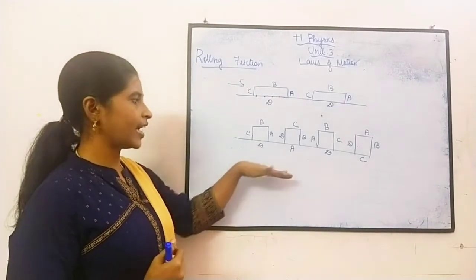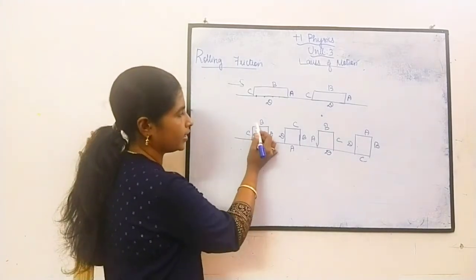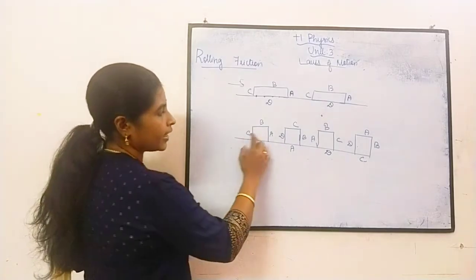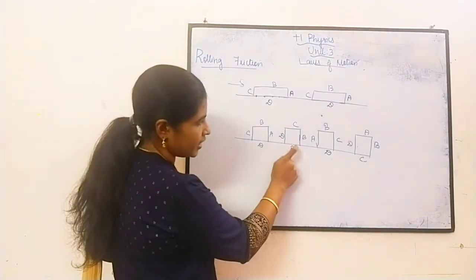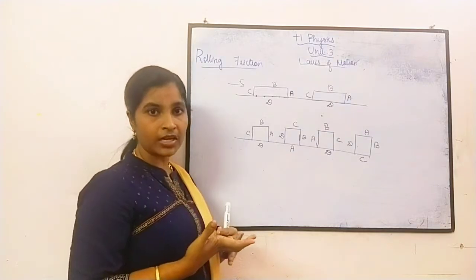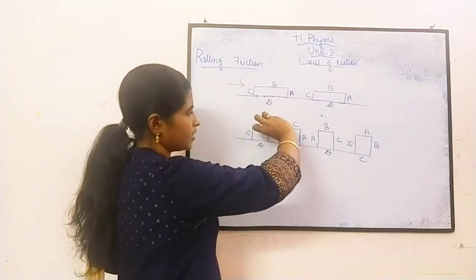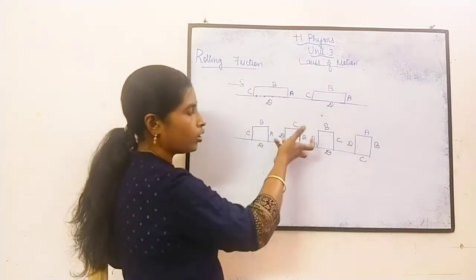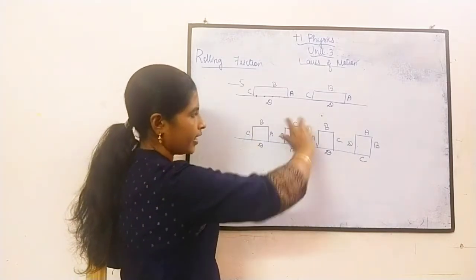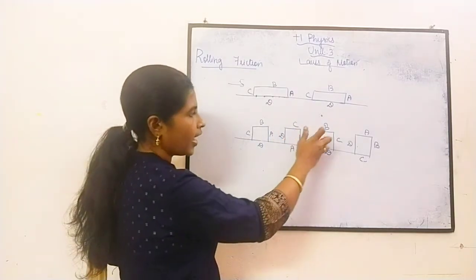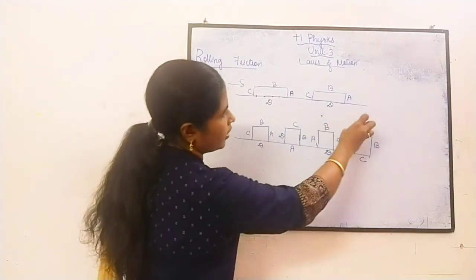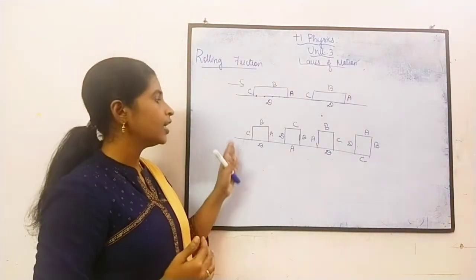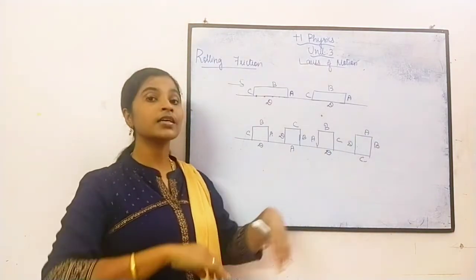When we see this diagram, there is a surface and the body with faces A, B, C and D. When it comes to this point, you can see the faces have changed. So what is actually happening? First A is here, now it is like this, it has rolled. Again when it is here, it has just rolled. Then again it has just rolled. So what is happening here? It is rolling.